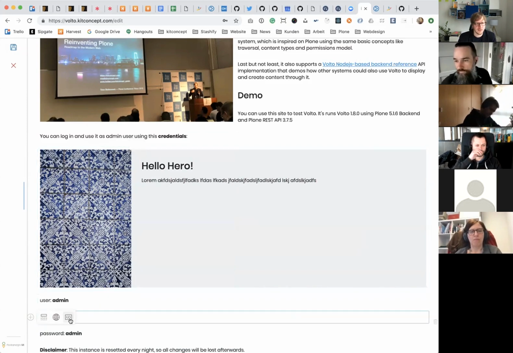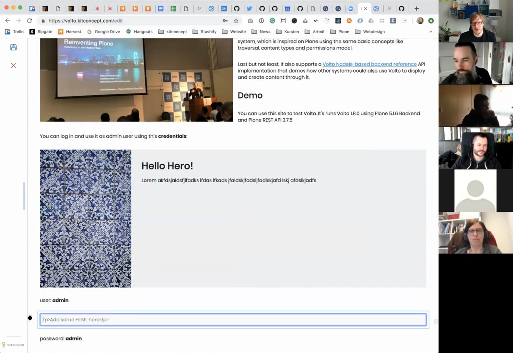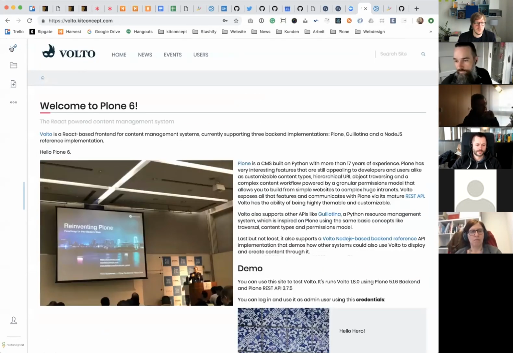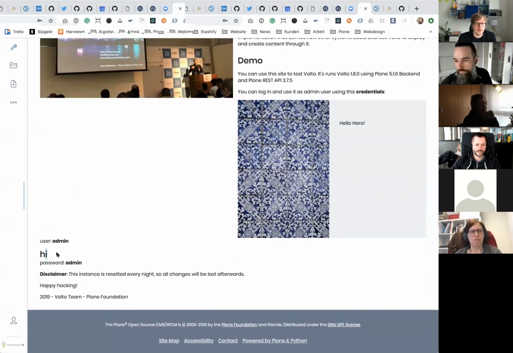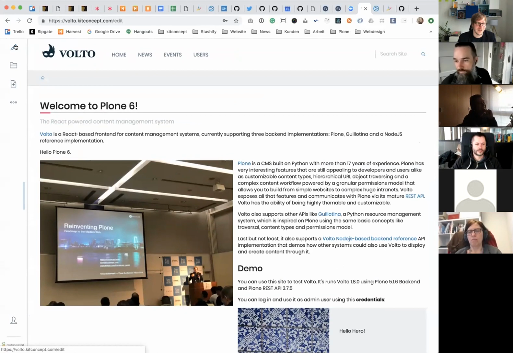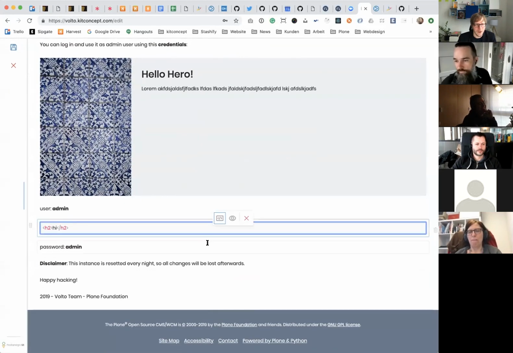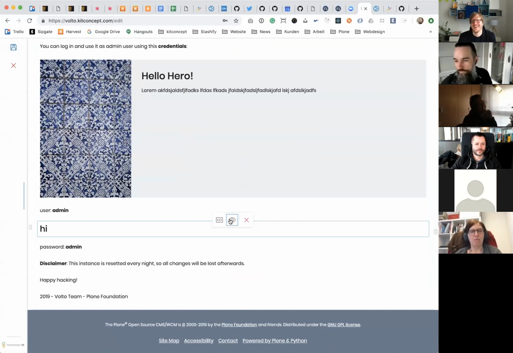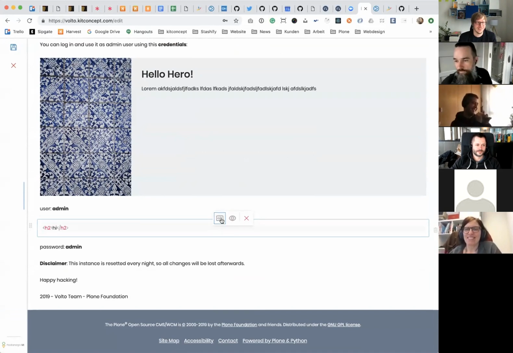I won't go through all tiles, but you have the HTML tile, right, where you can, for instance, just drop any arbitrary HTML. So you can say h2 hi. Of course, we don't have an automatic preview, but if you hit the save button, then we have an automatic preview. Yeah, in the I button. Oh, okay, nice. Okay, I didn't know that. I should check the tiles that we have, or Victor should do the walkthrough. Sorry. Okay. Yeah, it's a hidden goodie. Okay, that's super nice. Cool. I didn't know that.